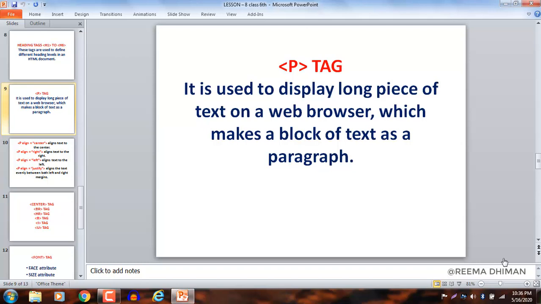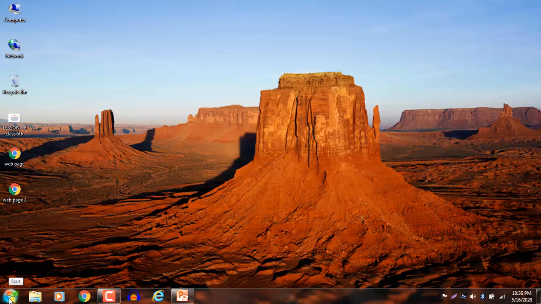What do we call a long piece of text in a journal? That is called a paragraph. So similarly, if you want to display a paragraph on the web browser, then you need to use the p tag. Clear?